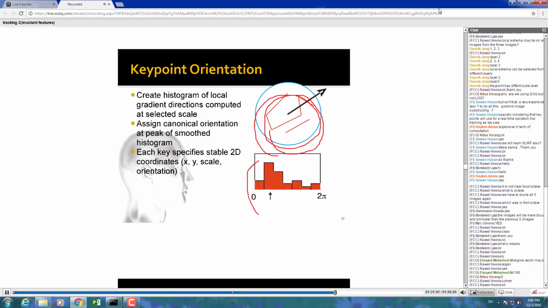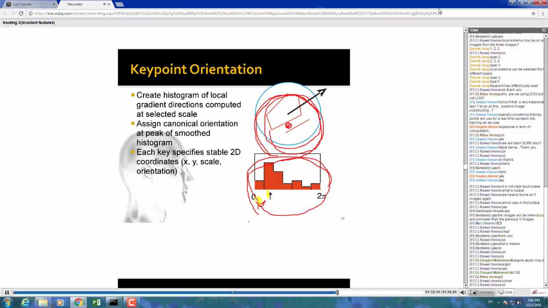So it is not good. So instead of just looking at one point, we are looking at the surrounding pixels and trying to make a very simple histogram of the angles. For example, in this circular neighborhood of the key point, some pixels may have the degree in this region,